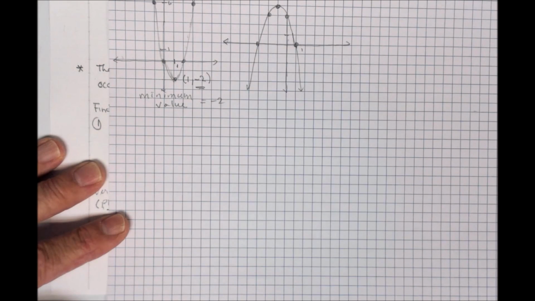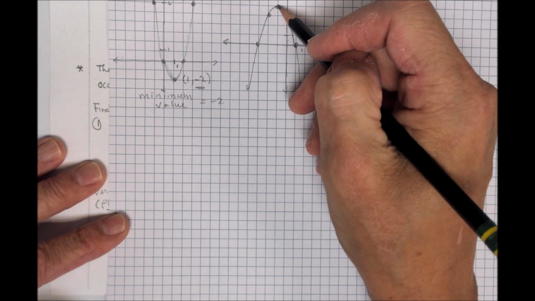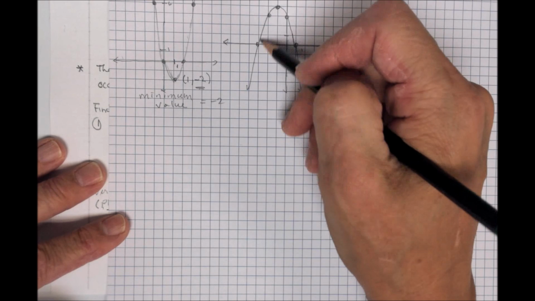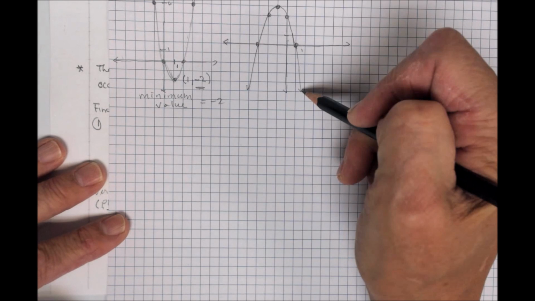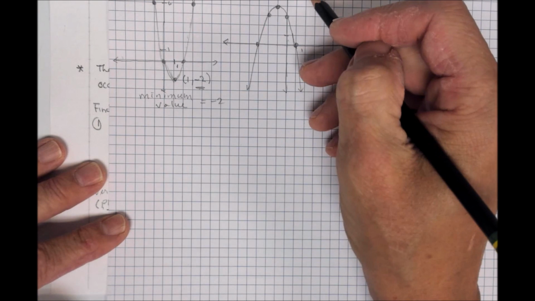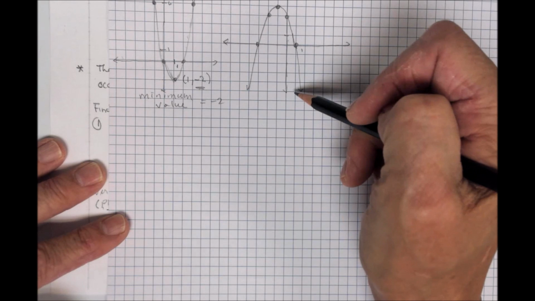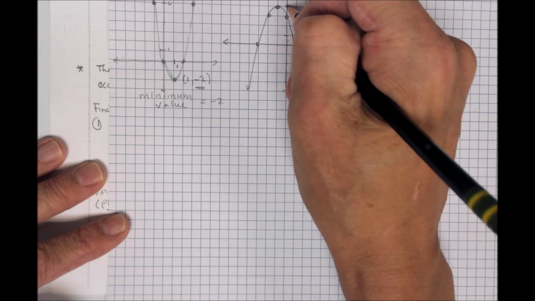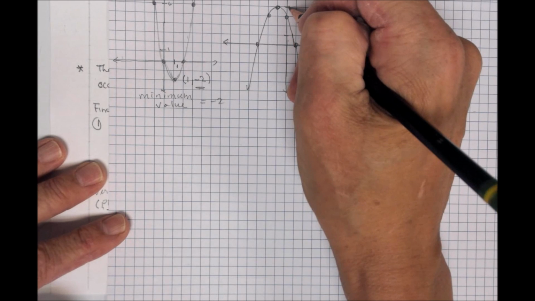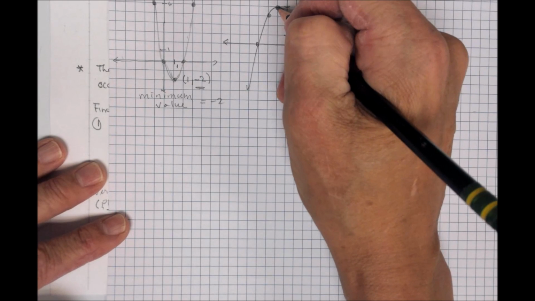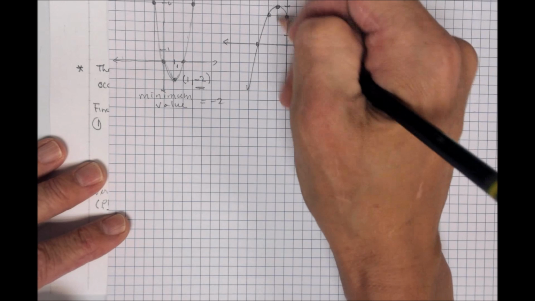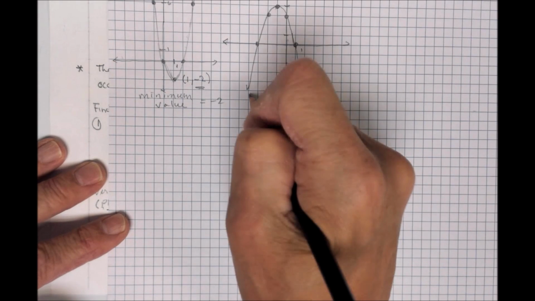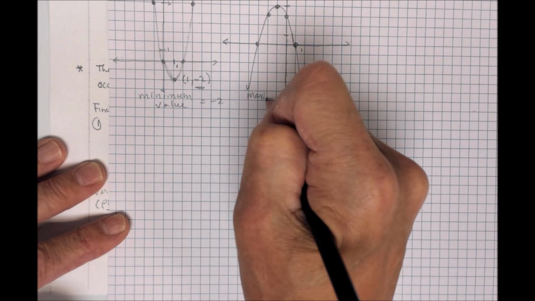Up here, your vertex is sitting at the top of the mountain, and so it has the largest y value of any point on this curve because they're all below. Remember, the higher you go up, the bigger the y value. The lower you go down, the smaller the y value. This is at 1, 2, 3, 4. So I have a maximum value, because it's the largest, of 4 when x is -1, because this point here is (-1, 4). So in this case, I have a maximum value